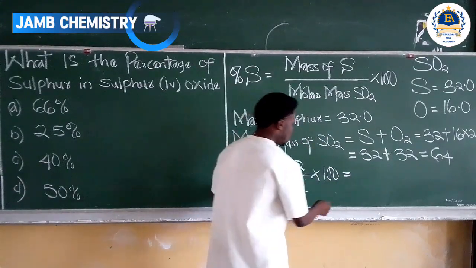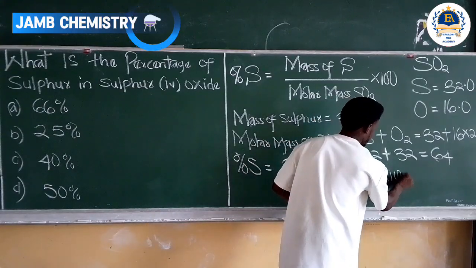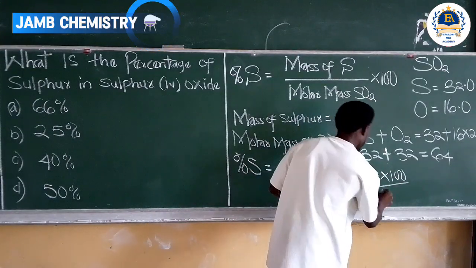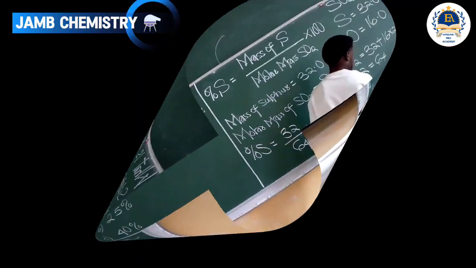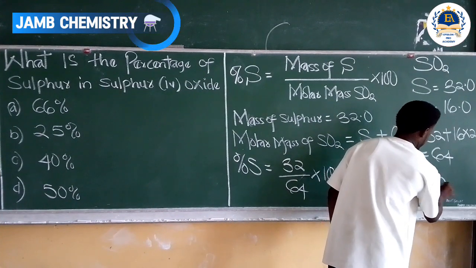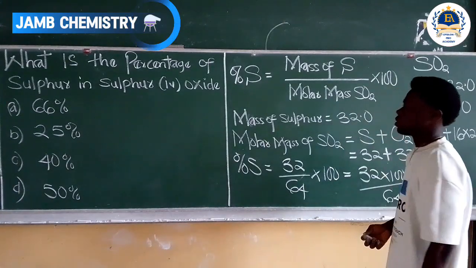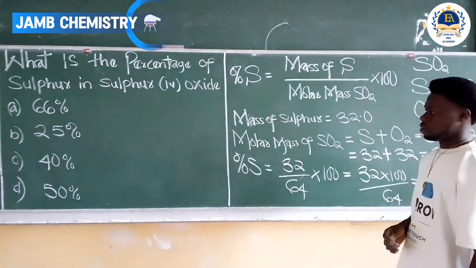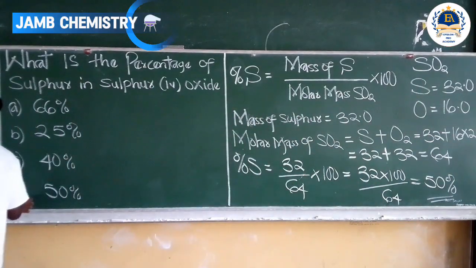So at this point, we are having 32 times 100 all divided by 64, which is 50%. Let us examine the options. The correct option is option D,